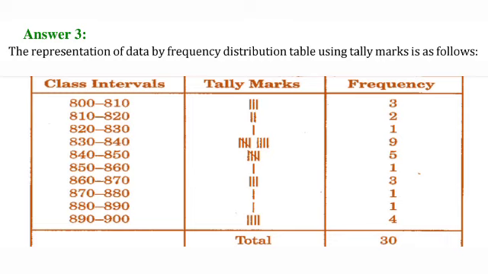Now the class interval we are going to write as they say, 800 to 810, and we are going to count in the question, that is 804, 808, 806. They have given 3 marks. So we write 3 tally marks, and frequency 3. Same like that we should count, but here 800 to 809 we write in the first line, and 810 to 819 in the second line. Like that count everything and write it for the frequency distribution table.